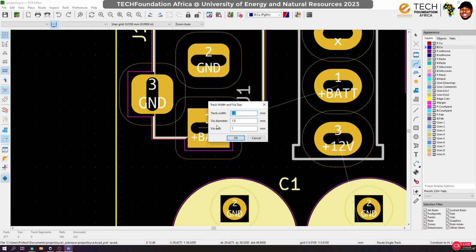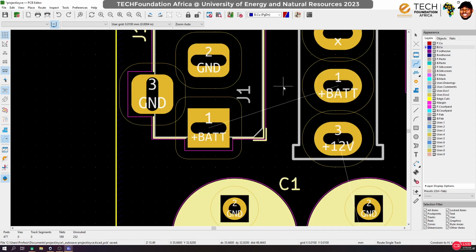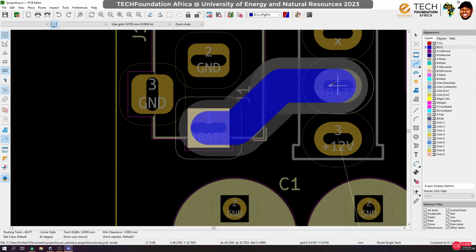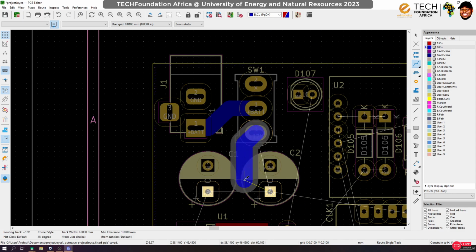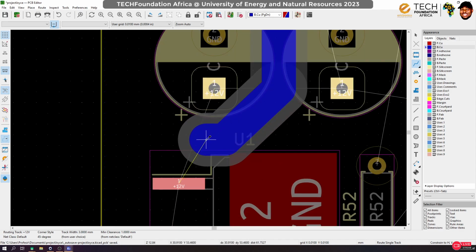We go back to 2.5 and then we route that. I think I can even, maybe let's try 3 mm. Yeah, that would be cool. Yeah, 3 mm is better. Then from here, through here, yep,